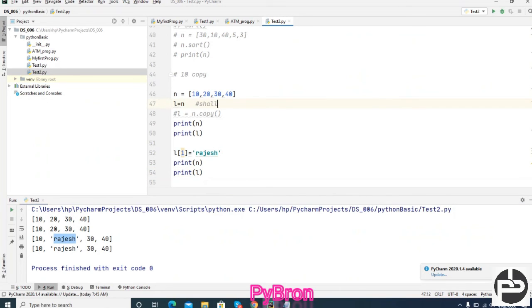It will take the same location in the memory, and that is shallow copying. Suppose you want to avoid this, so what can you do? You can use the copy method, and afterwards if you are using this, then happily it is added inside one list only. Make sense? Right, copy is one kind of function.